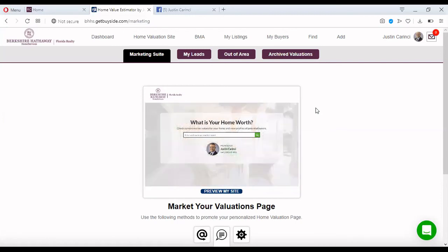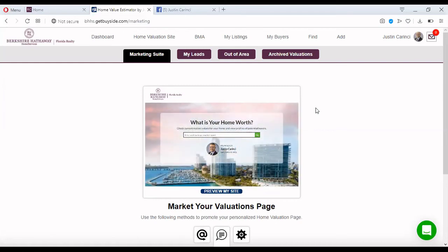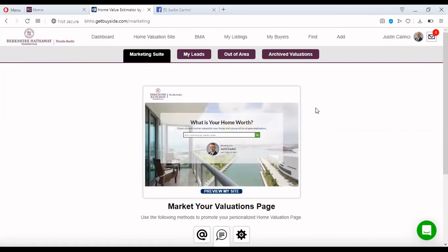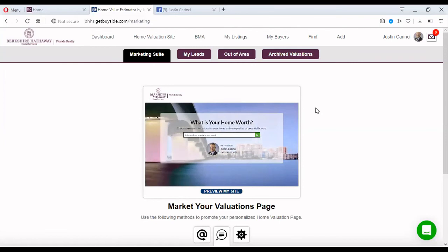So Colleen put the buyer on Buyside, right? Because you're not going to find that on the MLS. But she put the buyer on Buyside, and guess what? Within 5 minutes, she got a phone call from one of the agents on the network that actually had a perfect match. I don't remember the details, but her grandson bought the townhome, and it was precisely at the price that they wanted. So that's why you want to put your buyers on Buyside, because you may find from within